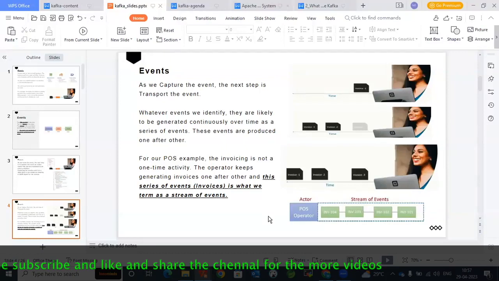In one DMart store, many events are generated. One POS operator is generating many events. The series of events is called an event stream or stream of events. Excellent. Now let us go and see